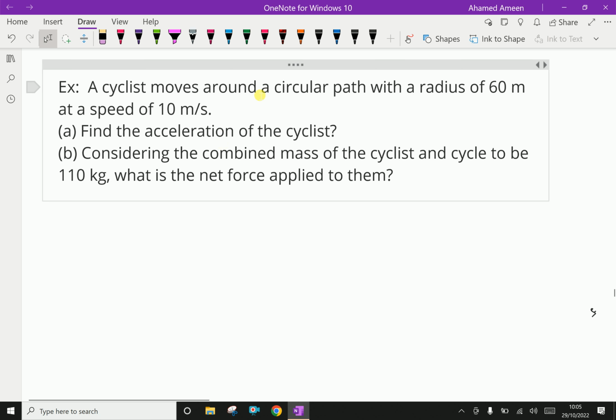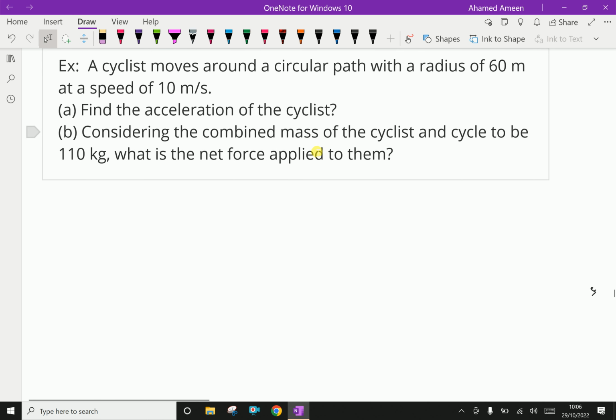Next, a cyclist moves around a circular path with a radius of 60 meter at a speed of 10 meter per second. So find the acceleration of the cyclist. Acceleration of the cyclist, a c, is v square, that is 10 square meter per second, over 60, which is equal to 1.67